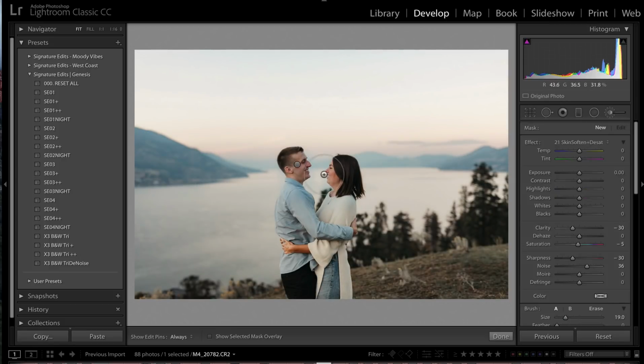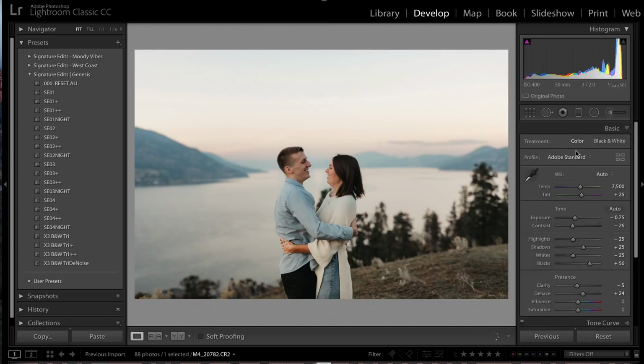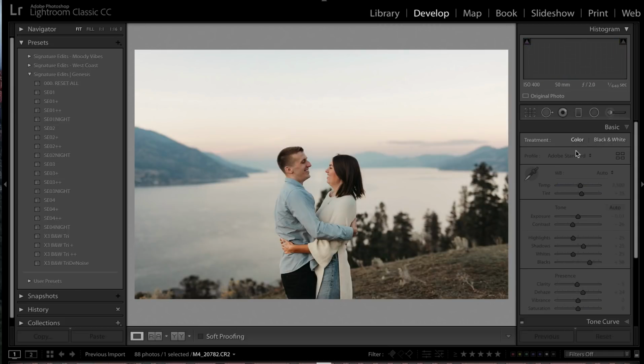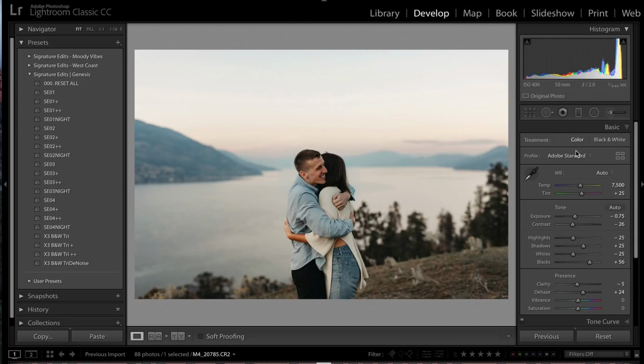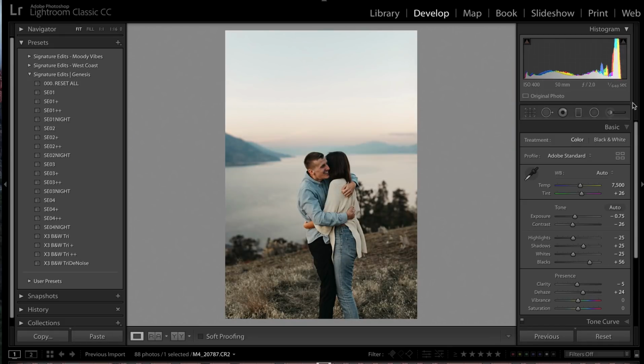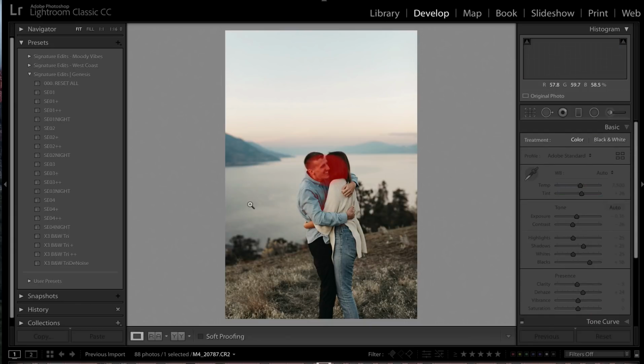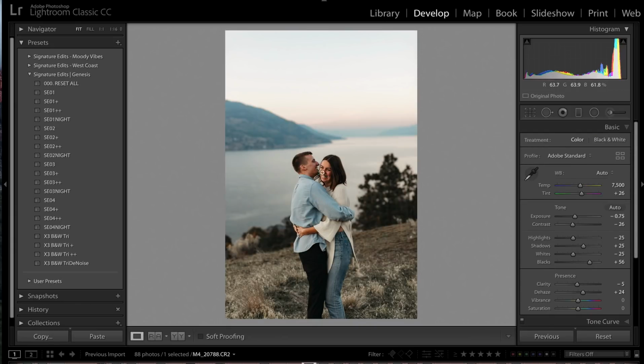I probably went too far on that one, just by taking too much of the white balance down. We can just copy paste because we've got the same kind of frame going on. That'll work. And I'm just erasing by holding Alt. And again, you might say, oh, that's a sloppy brush